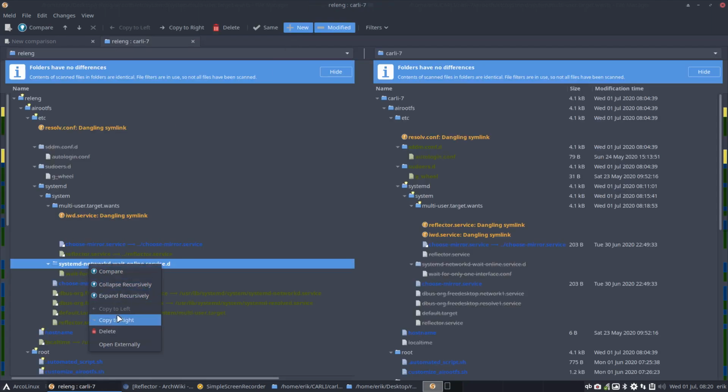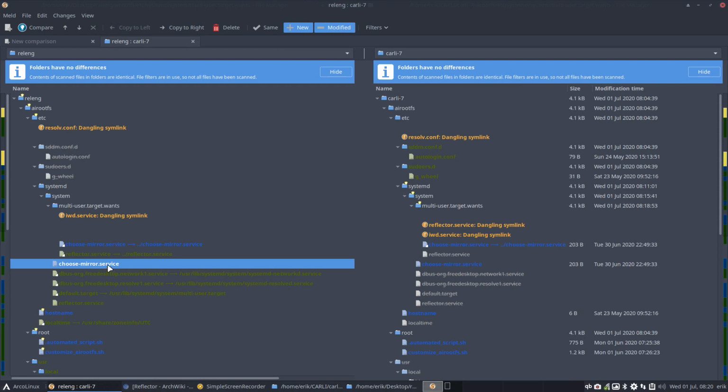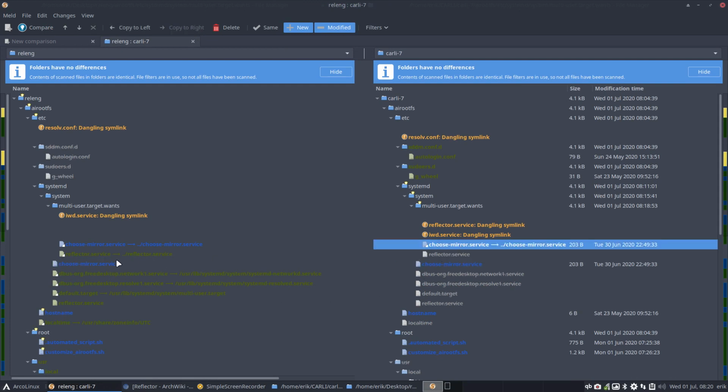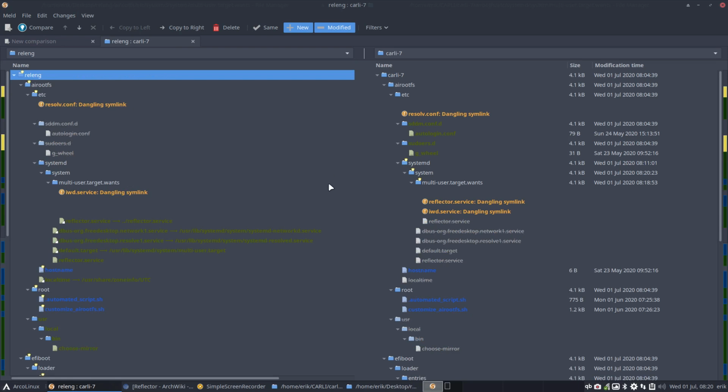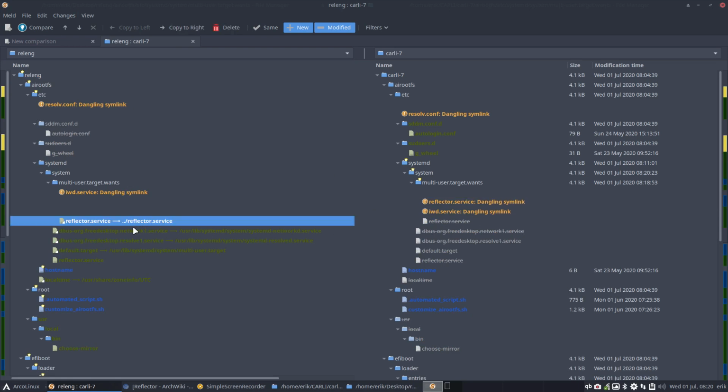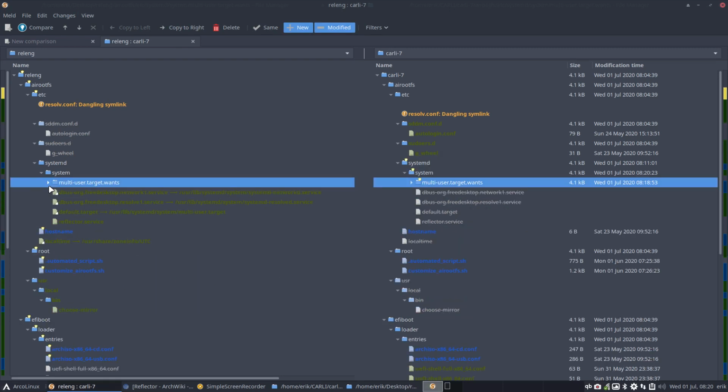We compare to the right, and here we have the choose mirror service, and once we've done this one will be fixed. Copy to the right, refresh. Looks better. These two guys need to be fixed. So reflector service, copy to the right. Aha. Is that inside